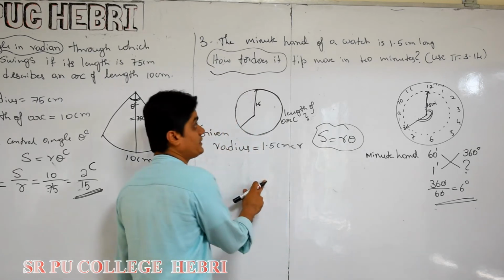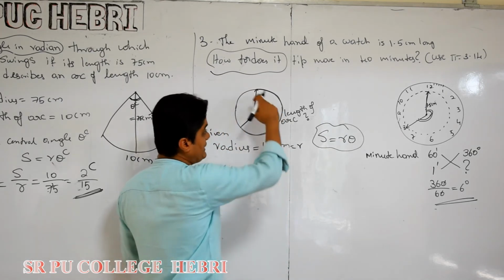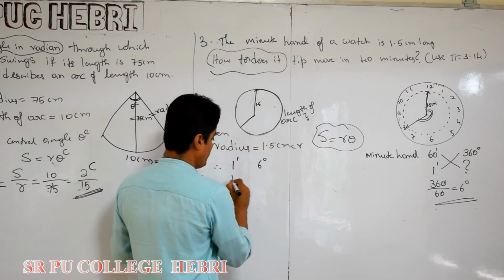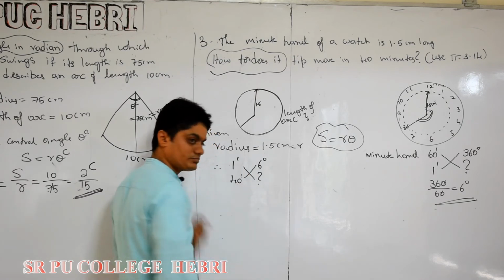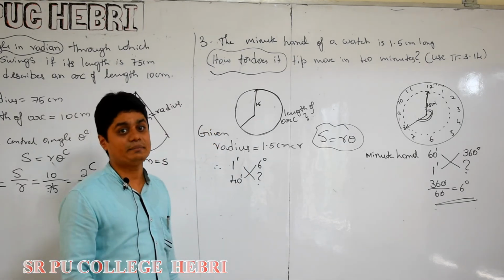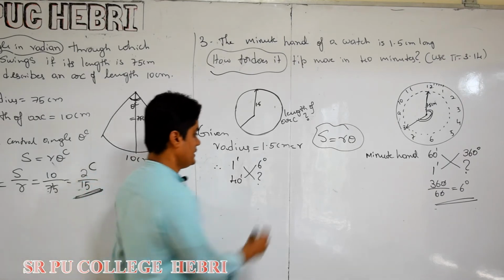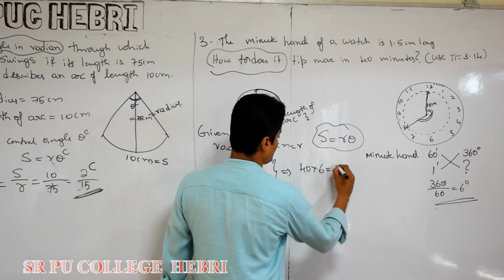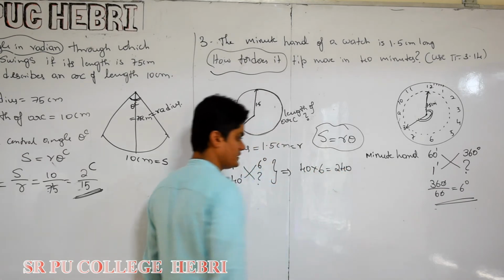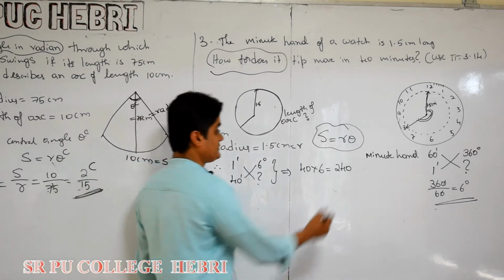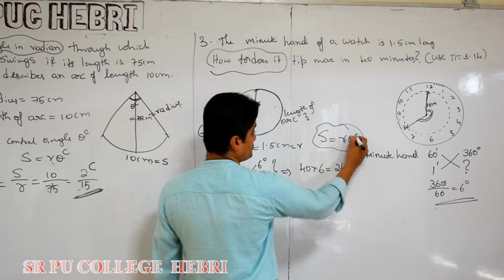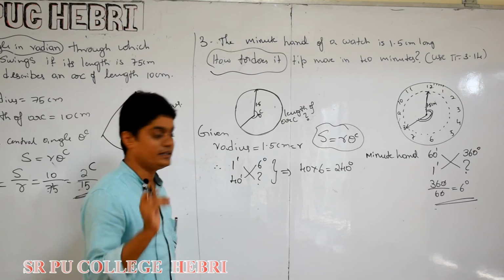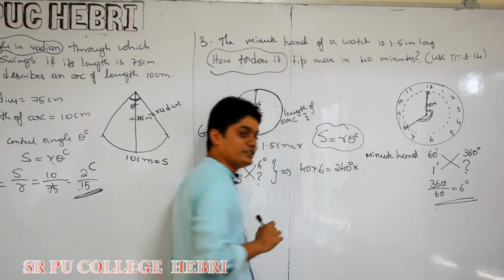But what is the time taken by the minute hand here to create this arc? 40 minutes. So therefore 1 minute alli 6 degree rotate ಆದರೆ 40 minutes alli ಎಷ್ಟು rotate ಆಗಿರುತ್ತೆ? So this is the angle created by the minute hand at the center. Okay, so this implies you will get 40 into 6 andre 240 degree. Right now 240 degree, but this is in degree measure. Ne formula use ಮಾಡಬೇಕಾದ್ರೆ theta should be in radian. So can we use 240 degree directly? Definitely no. So you should convert this into radian.